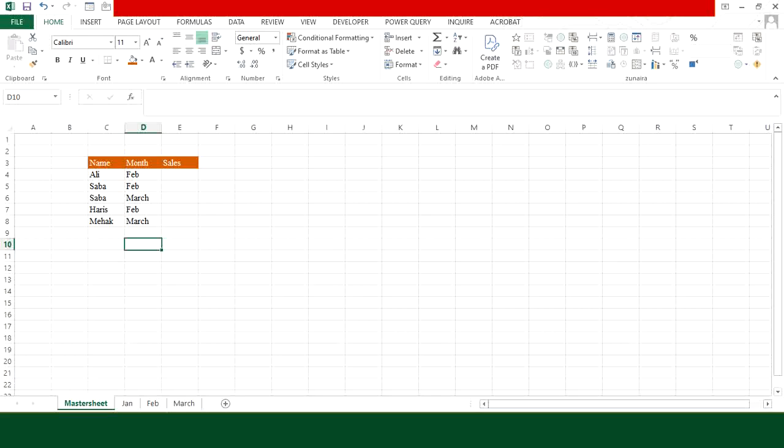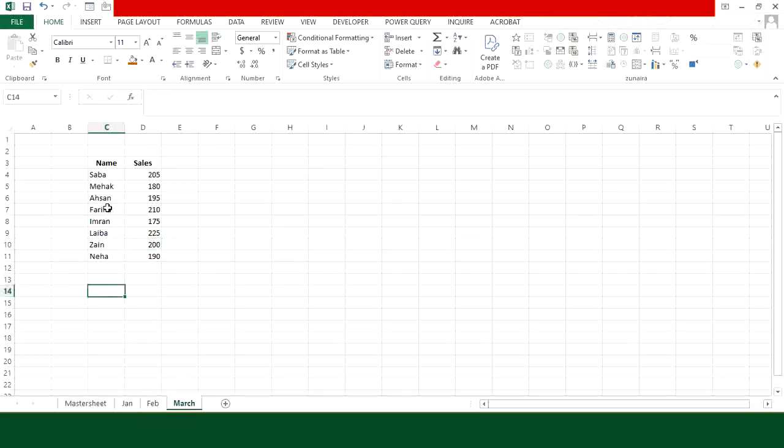Hi everyone, in today's video I'll show you a trick to apply VLOOKUP on data existing in multiple sheets. Here you can see the problem is that data is not only separated across sheets but it is also repetitive. Like here you can see that Ali is existing in the month of January and Ali is again existing in the month of Feb. Similarly, Sabah is existing in the month of Feb and her name is also existing in